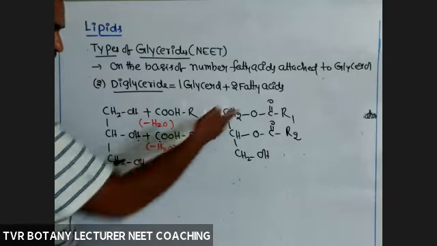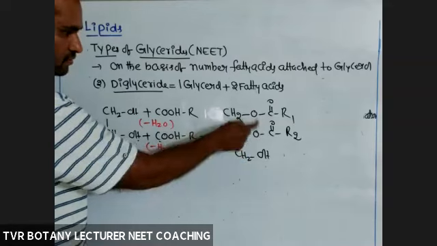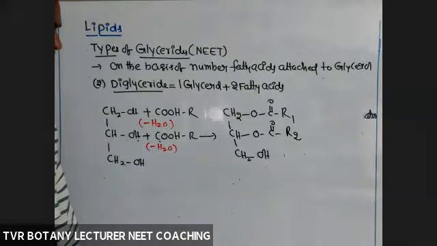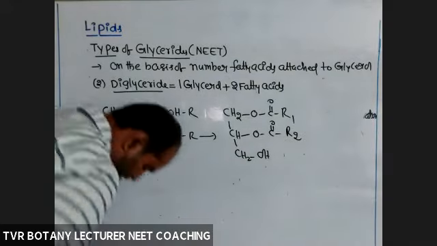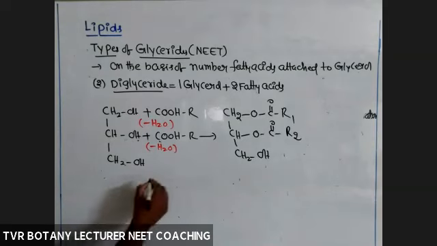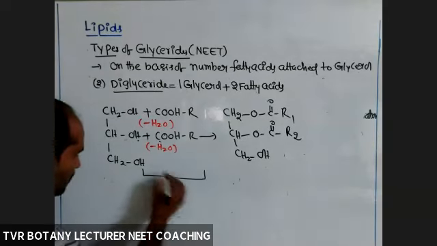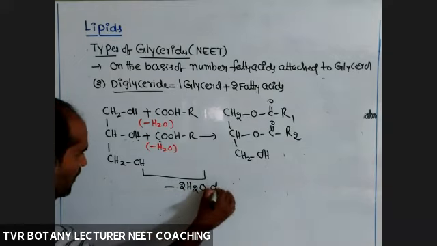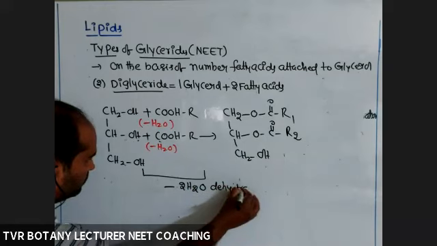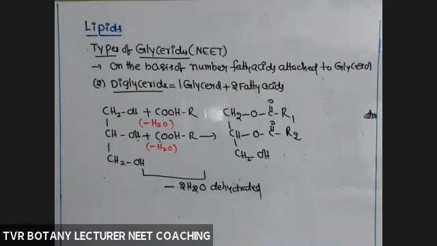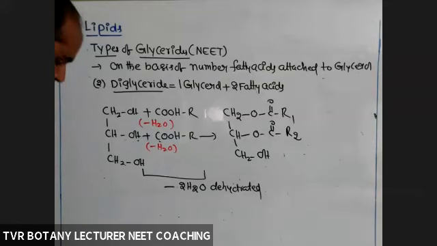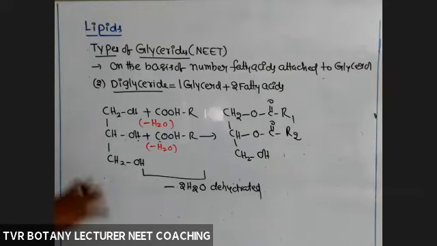Okay. Right. So the number of ester bonds, one, two. Two bonds are present. So ester bond one, ester bond two. So during the formation of diglyceride, what about the number of H2O molecules removed? Total number of H2O removed, dehydrated. Okay, right? So that is about diglyceride. Copy it. Take down, please.